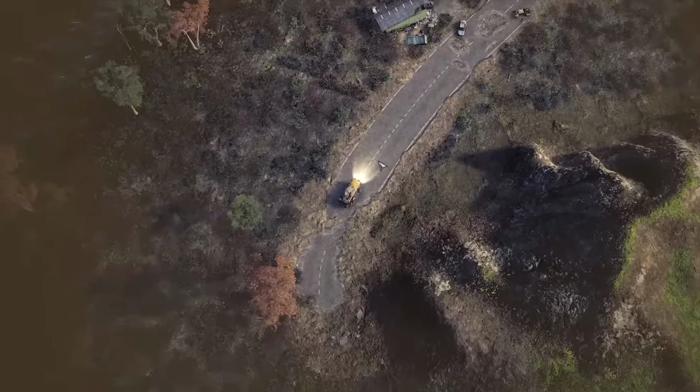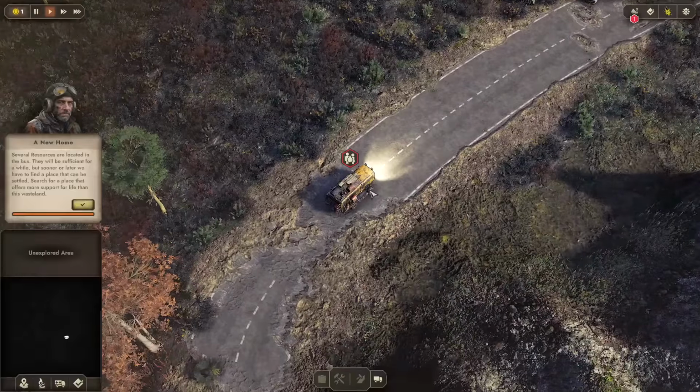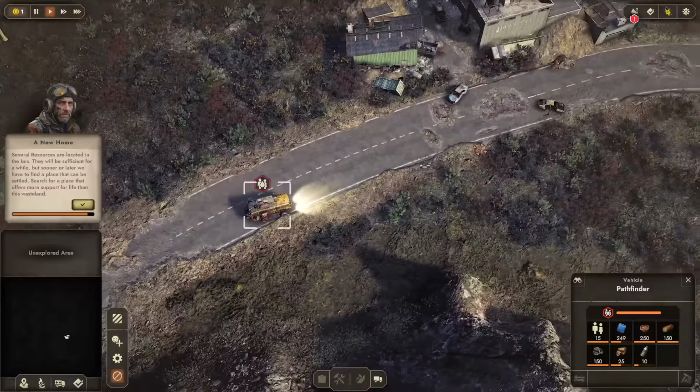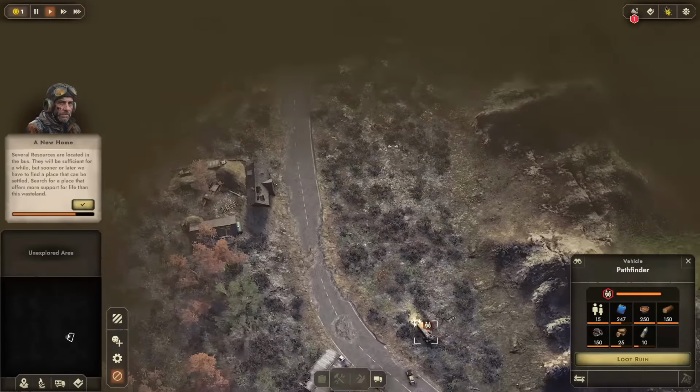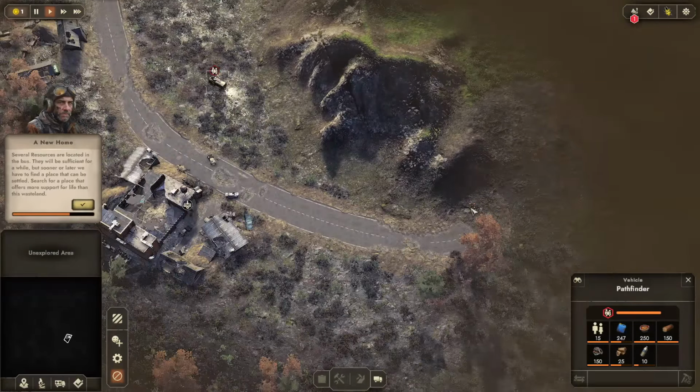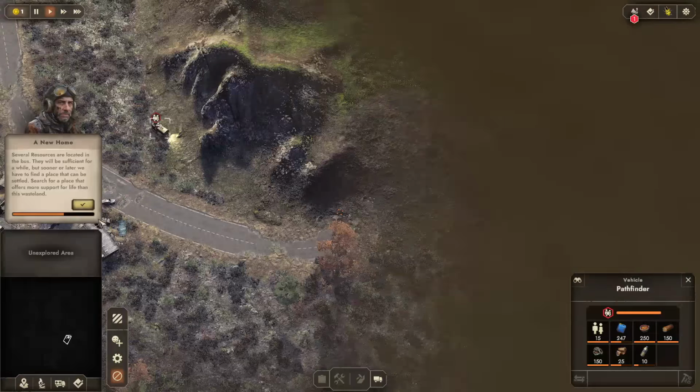So here we find ourselves on the fringes of civilization. Hopefully we got a good map. Between the intro and here, I've taken a look at the demo for about 2 hours. And actually, it's very, very difficult...